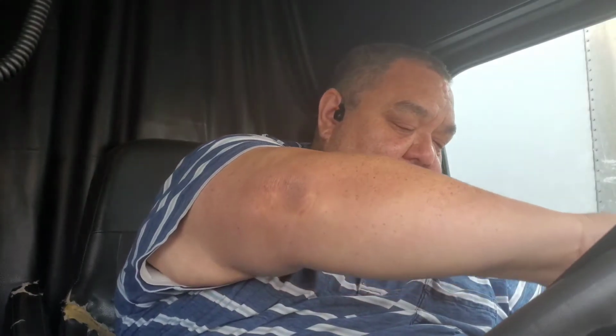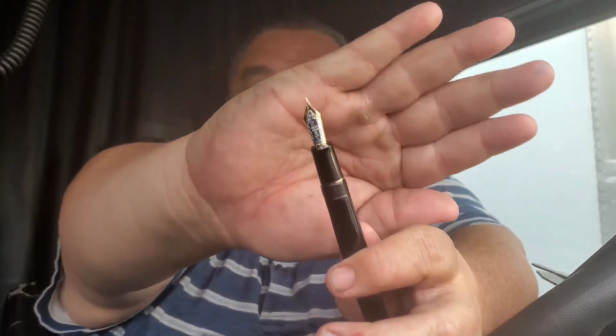and here she is, or he is, however you want to look at it. Big sister, big brother, it doesn't matter. This is the Pilot Custom 845 Urushi. So this has the Urushi lacquer on it. Same size nib as the 823, but this is an 18 karat medium nib. They write fairly similar. I mean, the medium nib, same size, you'd expect it to write similar. She sings a little bit more on the paper than the 823, but then again, I've written pages and pages and pages with the 823, so I think she's kind of tuned into my hand. I have a feeling this one's going to get there as well,